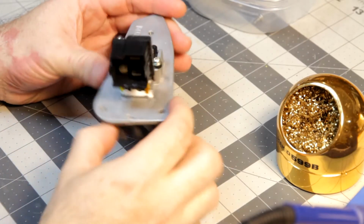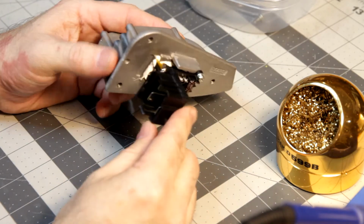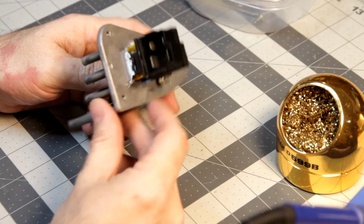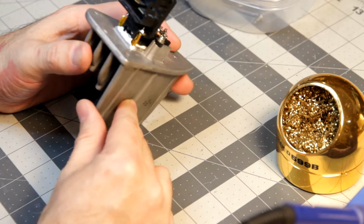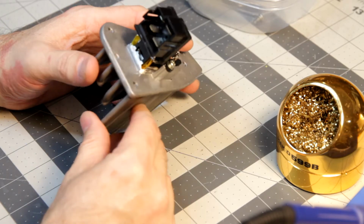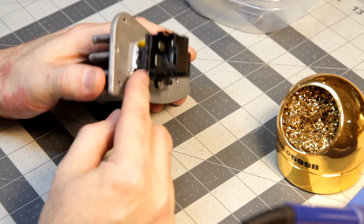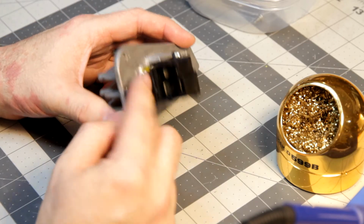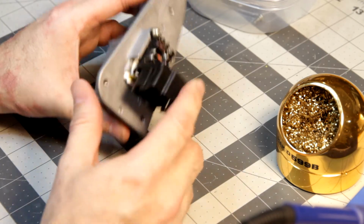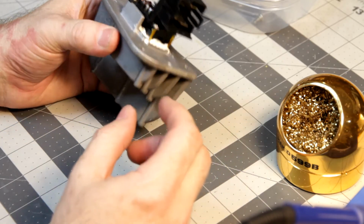Hi everyone, so I tested it out, and failure is always an option, and this failed. With that said, I came back, took it back open, and the thermal fuse had blown. So I don't know if the thermal fuse was blown before I tested it or after, and something else is wrong. My guess, I'm hoping at least, is that I blew it beforehand, because when I soldered it back on, I did leave it on there for a while, and maybe I blew the fuse because it got too hot. What I'm going to do is pull it back off and try another fuse